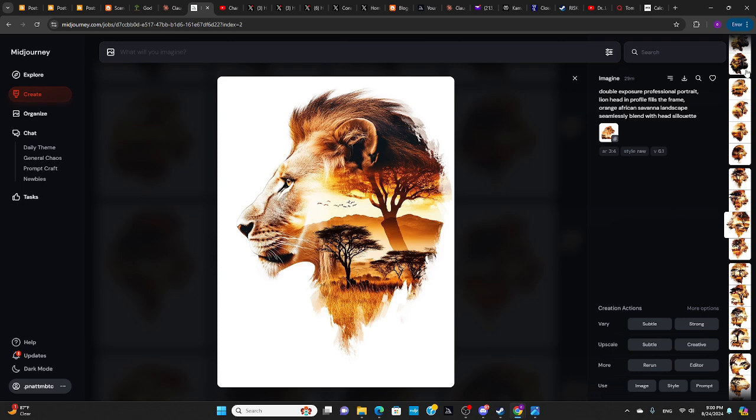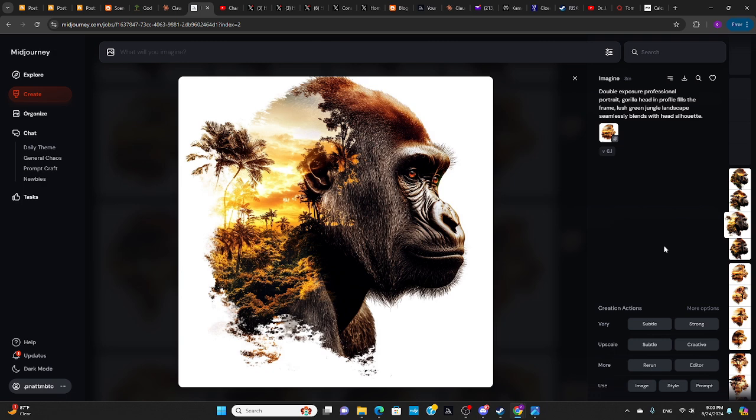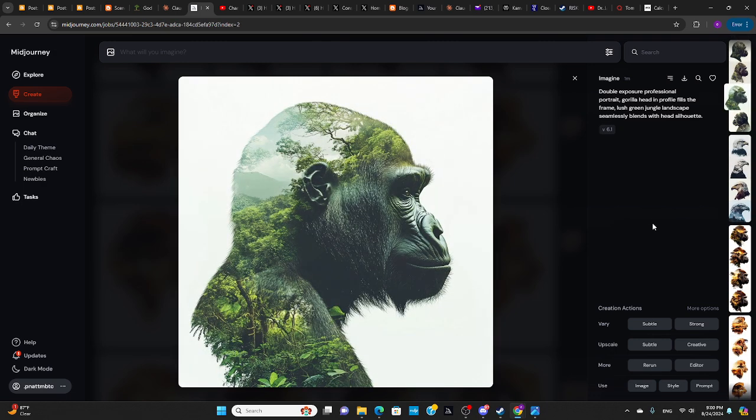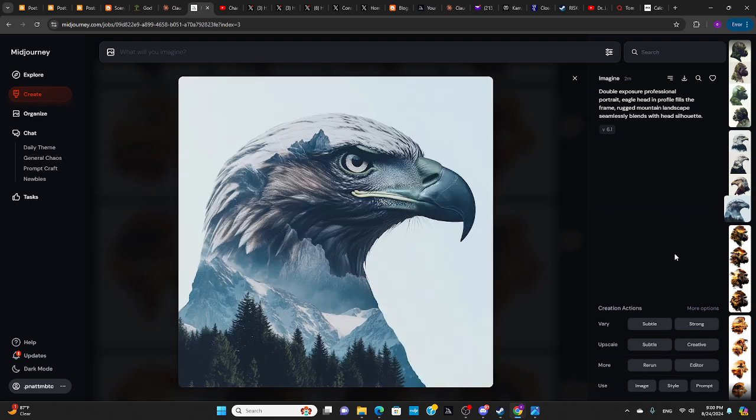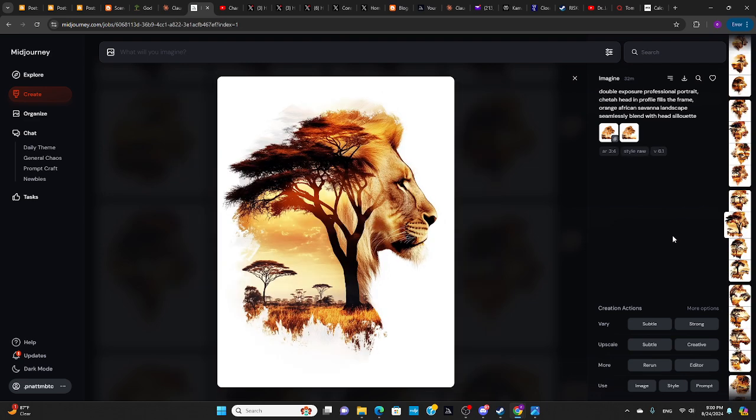I'm going to start off by showing some images, and then I'll talk about them. So these are some double exposures, and this is one of my favorite things to do with Midjourney. I really like these images a lot, and I'll show a few of these, and then I'll move on to